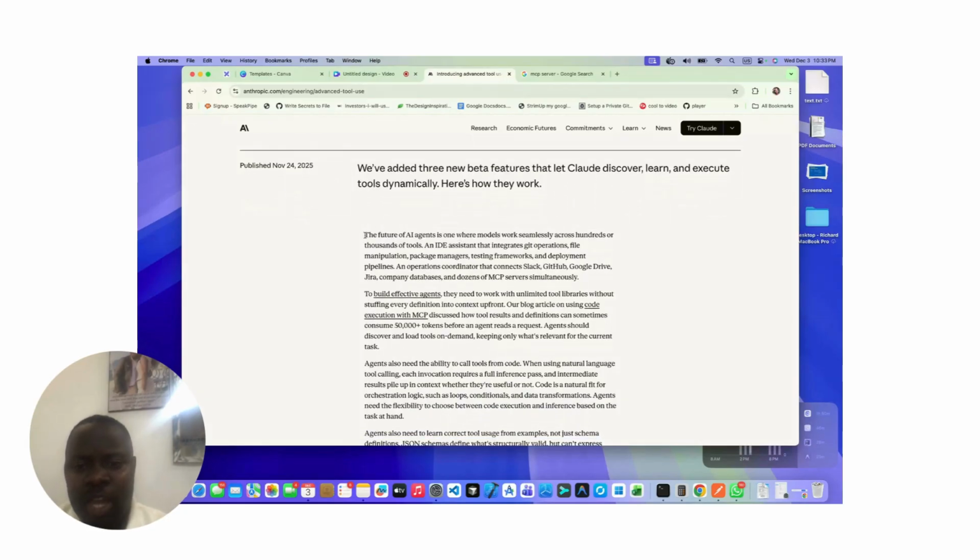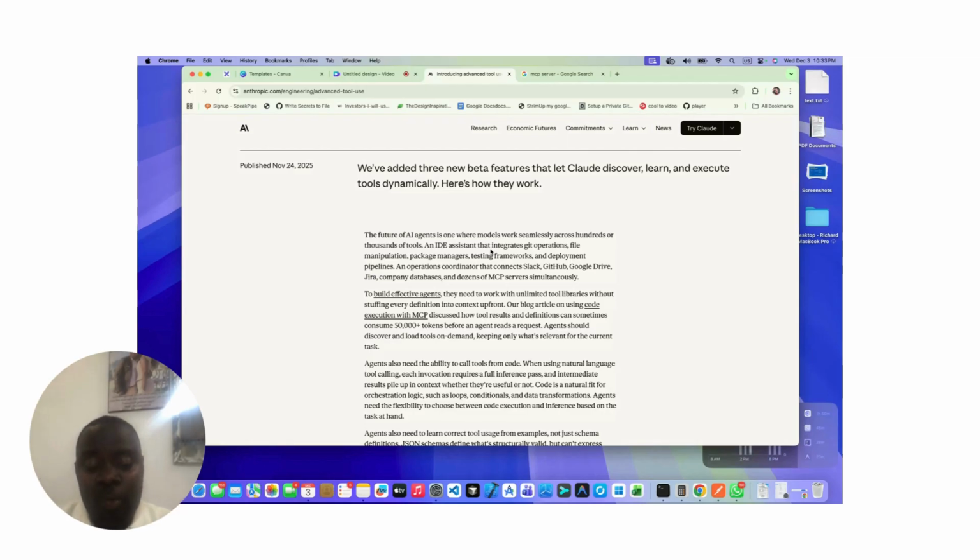They're saying the future AI agent is one where models work seamlessly across hundreds of thousands of tools. An IDE assistant that integrates Git operations, file manipulation, package managers, testing frameworks, and deployment pipelines. This is an ideal framework and how we want the AI to work.